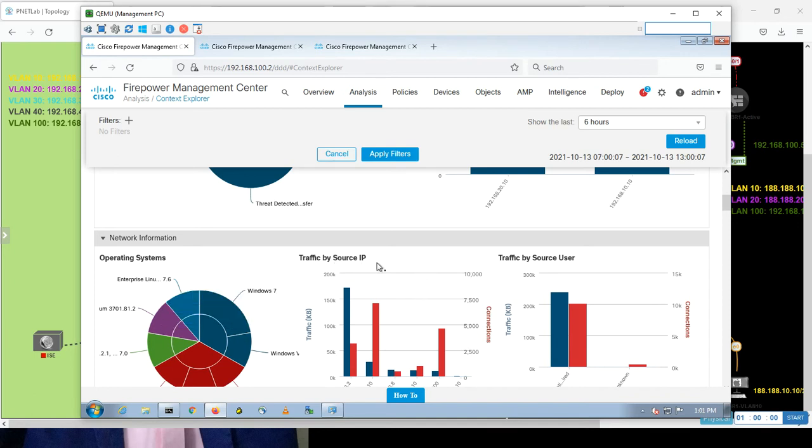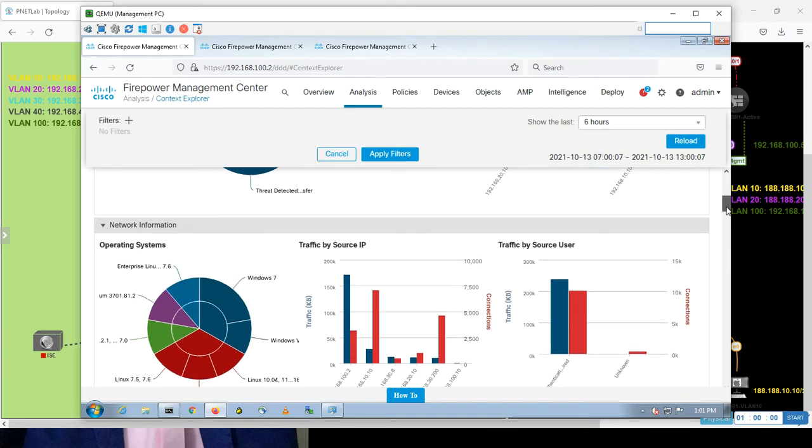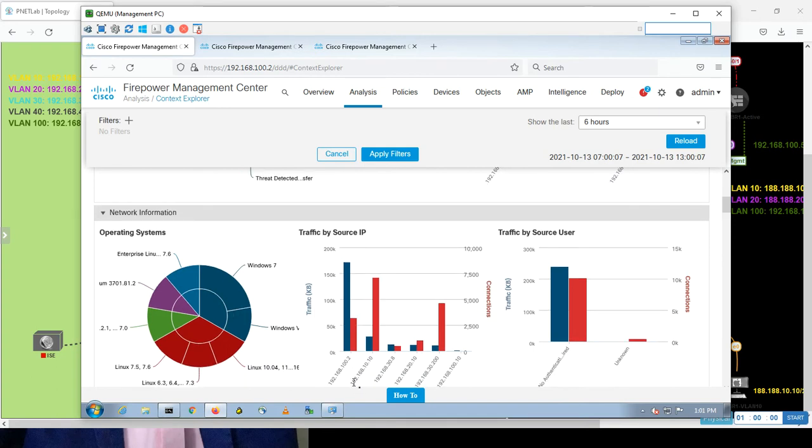Anyway, traffic by source IP. So the source IP is generating the traffic. It's telling you that 100.2 is generating traffic. This is the FMC. 10.10 is generating traffic. This is about 100 kilobytes, and this is per connection. Okay, the connections that happened. Also, you can see here, if you need to know something more about a traffic or more, just click here